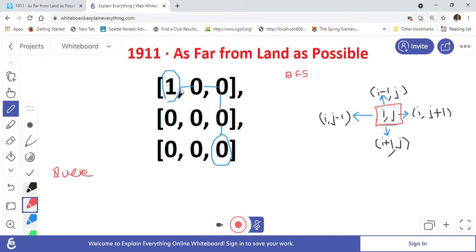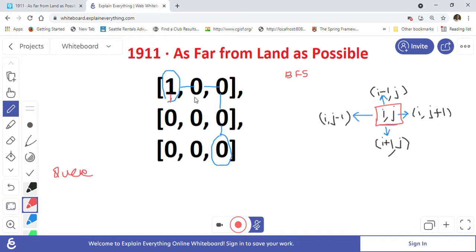First we will try to find the land cell. So this one we find, and then we will start the BFS from that one. The first cell we put into the BFS is this one. We will go in 4 directions, these 4 directions that I told you: upward, downward, right and left. For this one, upward there is nothing, and we cannot go left because we would go outside of the matrix. So we can go right and we can go to the bottom, like this.